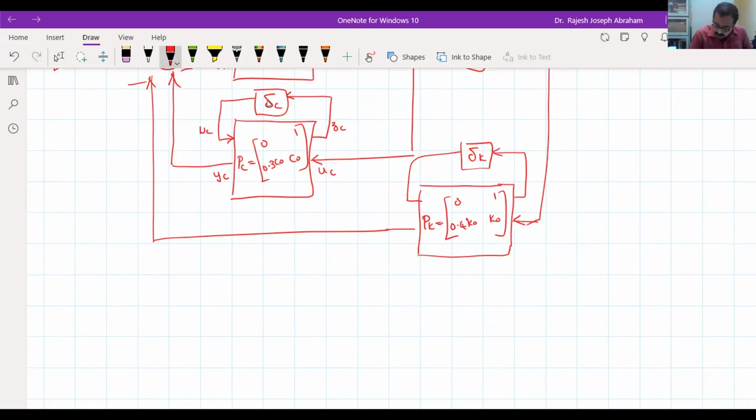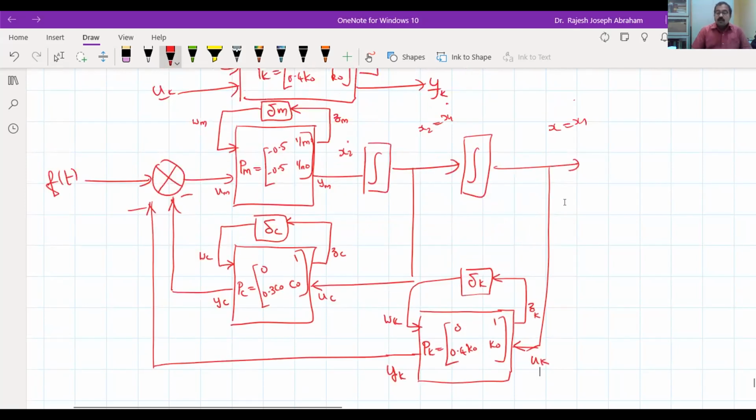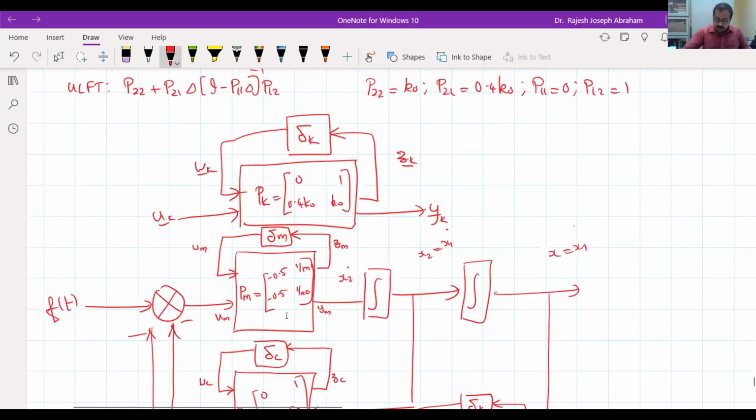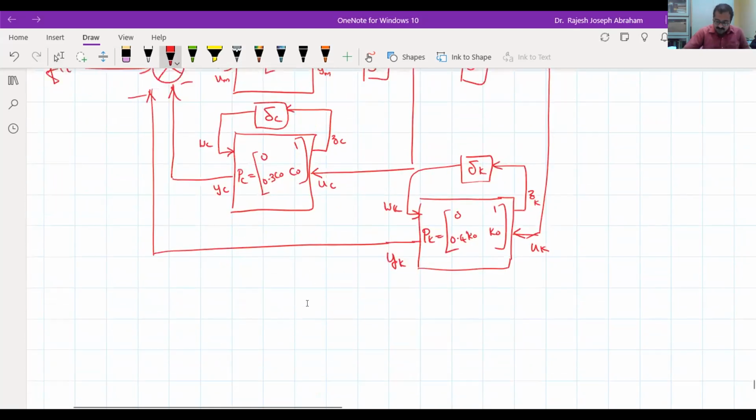So this was our ZK. This was WK. This was YK, and this was UK. Okay. Fine. Now, for ease of convenience, let me remove these delta blocks for the time being. Okay, I am not going to remove the signals. I am just removing the delta blocks just for convenience purposes only. Okay, so that means this becomes something like this.